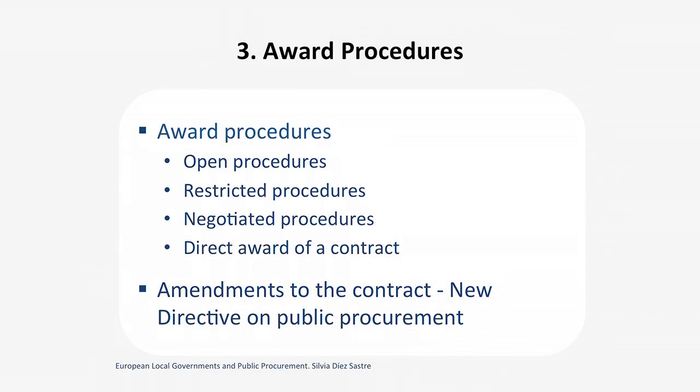The third guideline of this exposition is focused on awarding procedures. We have pointed out that the main aim of European public contract law is to ensure the selection of the best tender among those submitted. This means that the procedure to be designed must ensure the principles of advertising, transparency, and tendering on the broadest possible base, confidentiality and equal treatment.